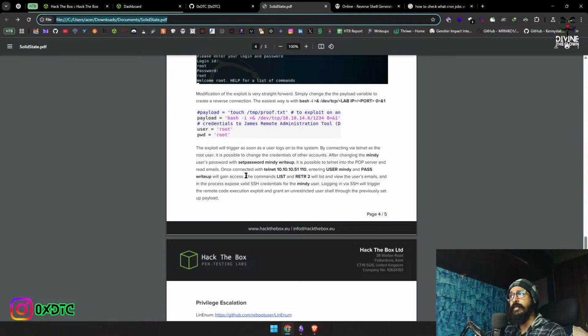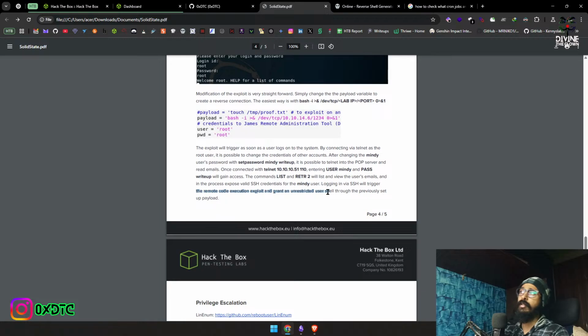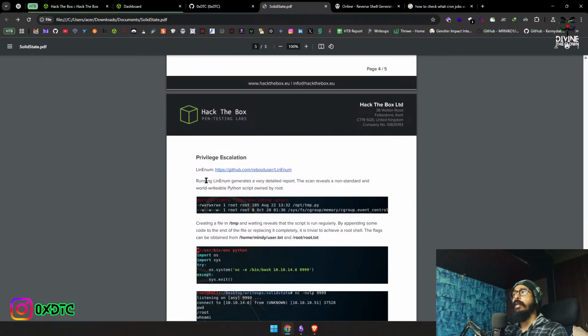Over here it just says run this command, get the SSH, trigger the command execution, exploit and grant unrestricted access, and so on, and Linux enum. What do we need this tool for? It says it generates a detailed report, right? But even if it creates a detailed report over here, we already saw that it is